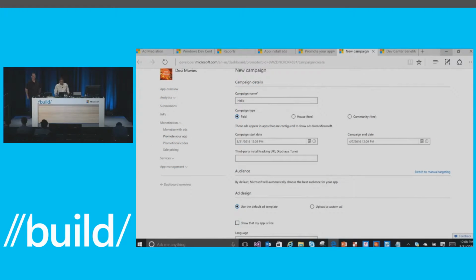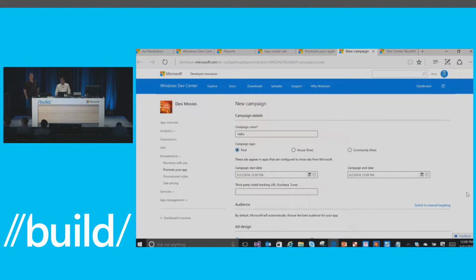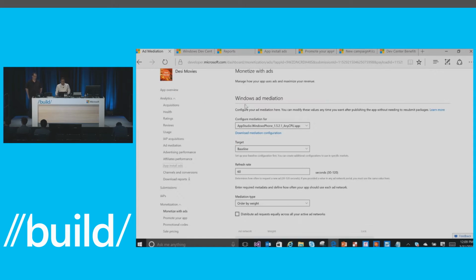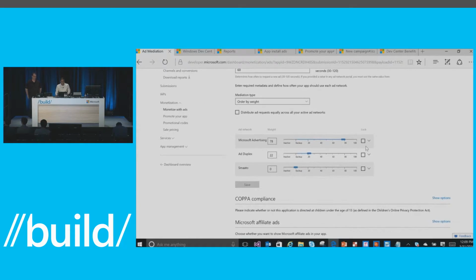All right. So I'm right now in Dev Center. I got to this page, the new campaign page, from the left nav bar here using the promote your app. As soon as you publish your app, you can immediately promote your app. I will also quickly go to Dev Center to show you where you need to sign up for the community